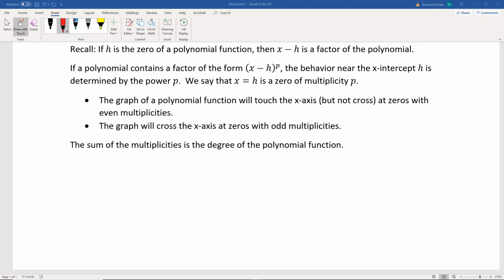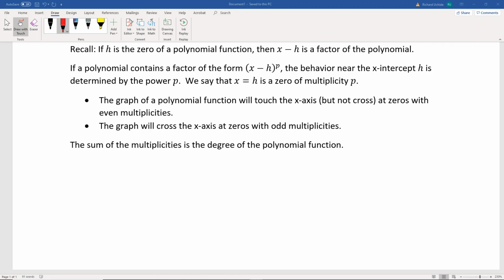p. Now, there are two things that we know: the graph of a polynomial function will touch the x-axis but not cross at zeros with even multiplicities, and if they have an odd multiplicity, the graph will cross the x-axis at that zero. Now, another thing to note is that the sum of the multiplicities is the degree of